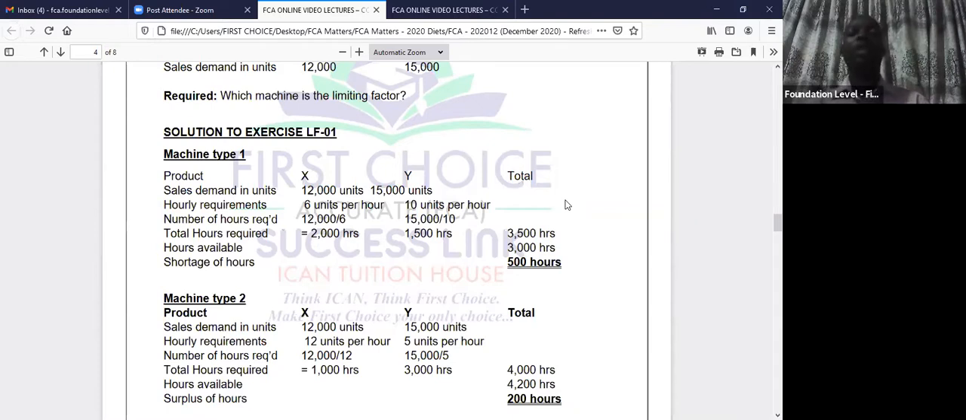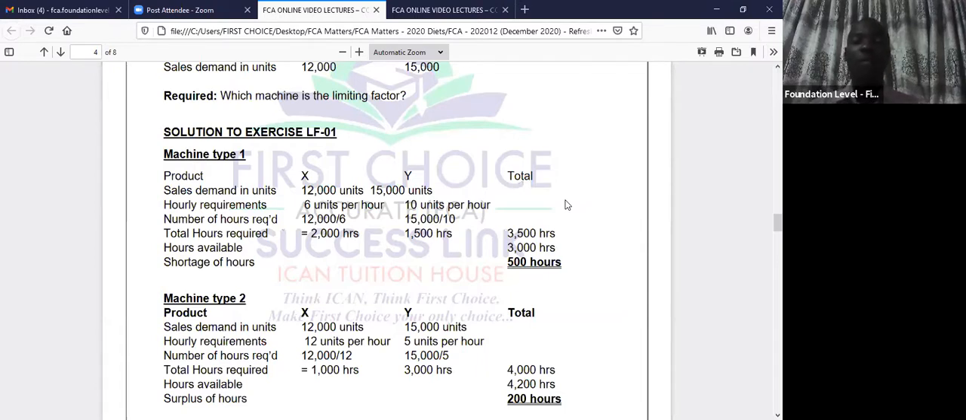How many hours will it take you to do the whole of 12,000 units? You simply say 12,000 units divided by 6 units per hour. It gives you 2,000 hours. So it means that for you to satisfy the demand of 12,000 units of X, you must spend 2,000 hours in machine 1. Using the same method, if you must satisfy the demand of 15,000 units in product Y, taking them 10 per hour, it means you need to spend 1,500 hours